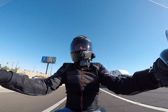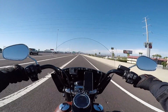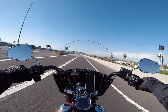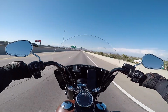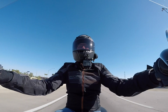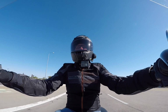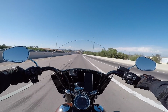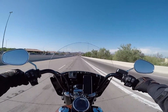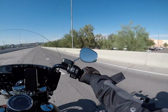I typically take a boulevard, basically, 4 miles over to the highway. And it's kind of my preferred route. Really not faster or slower, but in these temperatures with this hydration vest, the key is staying at speed. You want air coming over this vest. Without the air, you're really not getting any cooling effect. If you sit still at a red light, you're probably just going to feel like a hot, humid mess,